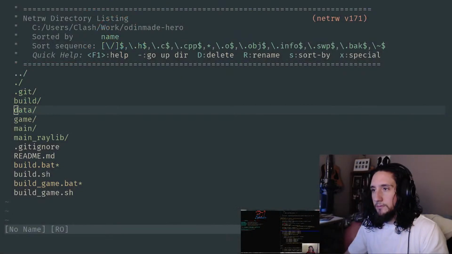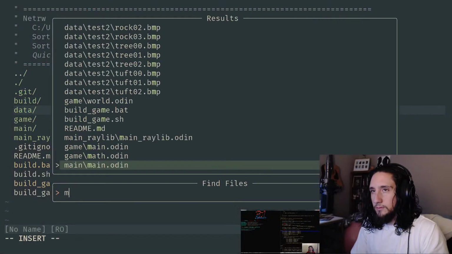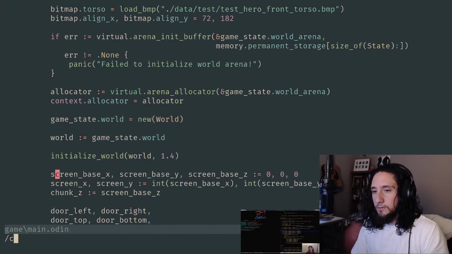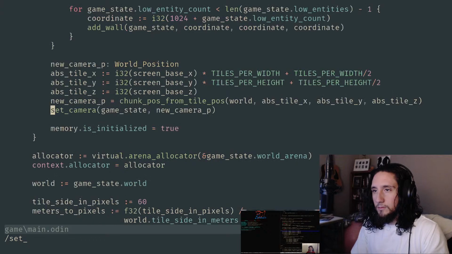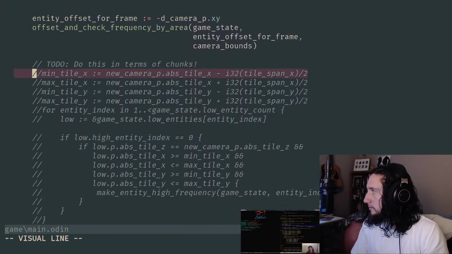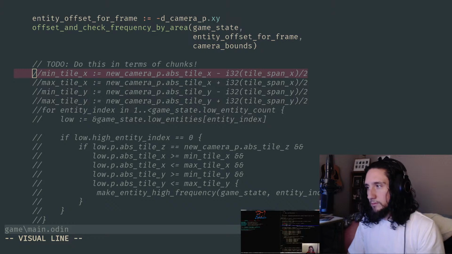What I'm going to do is exactly the same thing, but do it by chunk. So any of the chunks that overlap the camera, we'll pull those in, and that will be sufficient for now. We might want to get a little more fancy later and actually check the entities inside the chunk to see if they match the camera bounds specifically, but I don't know if we really want to do that, because the high entity list is kind of a fluid concept anyway. We don't have to necessarily cap it to an exact boundary, certainly not yet. So we can fudge that a little bit if we want to.